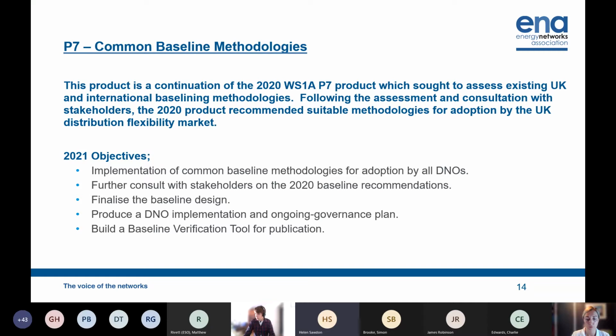So very much recognising that what we're doing now in these early stages is taking as simplistic and accessible an approach as possible to allow us to adopt common baselines and reduce barriers as much as possible for participation in flexibility, but recognising that there are innovation projects underway that are also looking at baseline methodologies, especially when it comes to emerging technologies that we've had little experience with to date. So we have a framework that we've put in place to make sure that we continue to develop and feed into baseline methodology design.